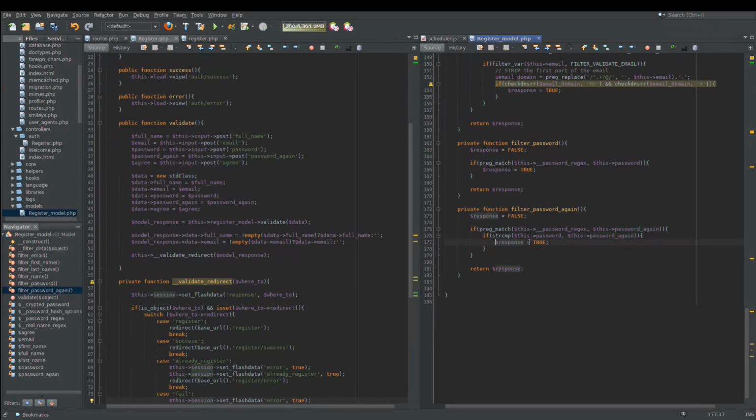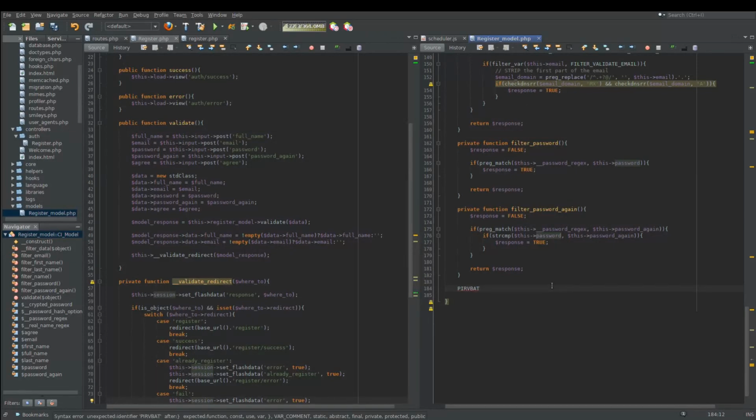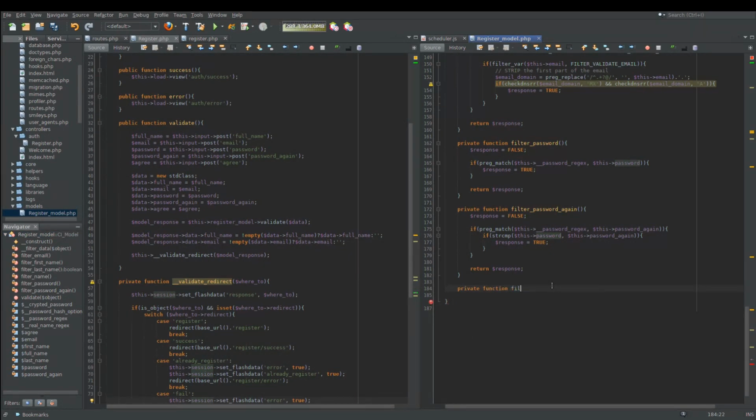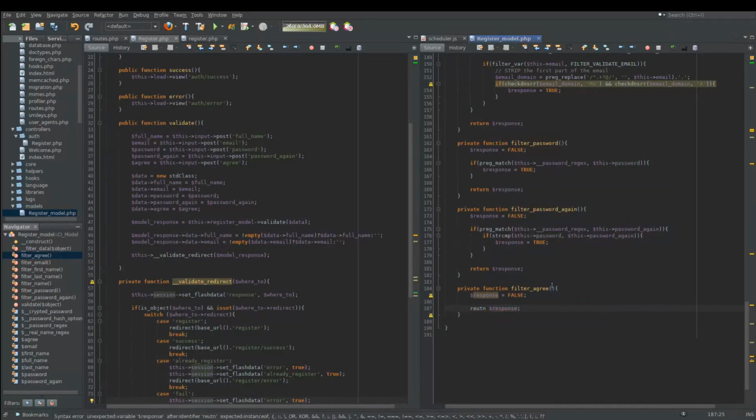So if it matches, and if they both are the same, then we'll return true. Otherwise, we'll know that the password again is not the same. And the next one's just going to be our filter, our checkbox. So this is going to be filter agree and response. Again, we're going to set the response state to false. Return response, and